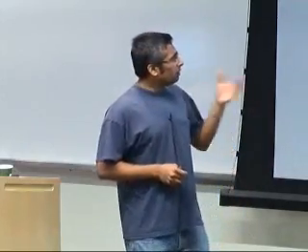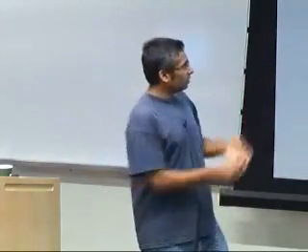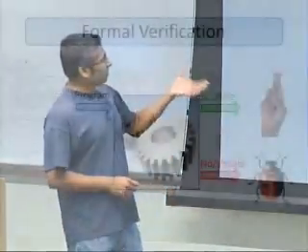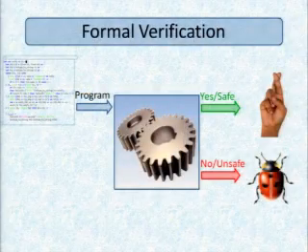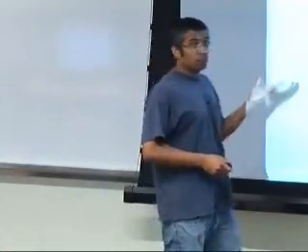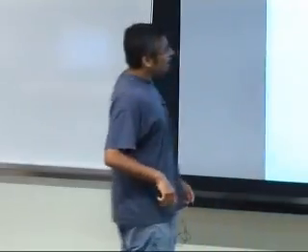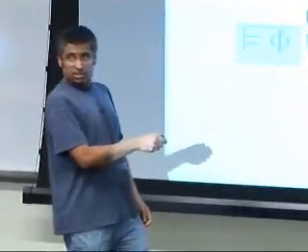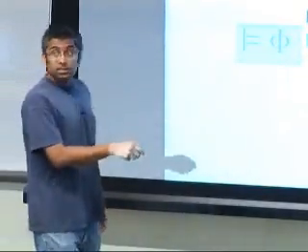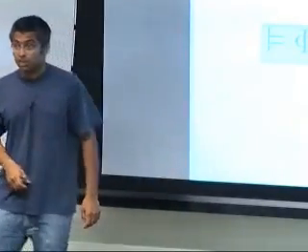is where one actually opens up the box a little and tries to look at the code. Instead of just testing it, you take the program and have somebody, ideally the programmer, write down some properties that the program should satisfy. Then you have some kind of machinery that looks at the program and the property, puts them all together, and tells you, yes, the program has this property. Or no, I can't prove that the program has this property, in which case either the system you have is not very clever, or the program actually has some bugs in it.